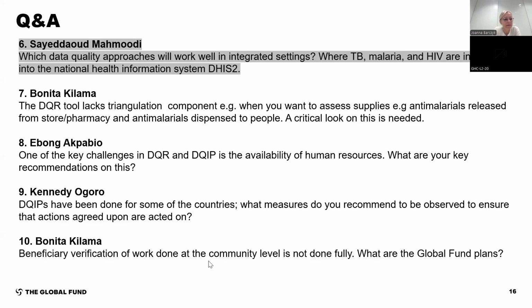Next one, the DQR tool lacks a triangulation component. When you want to assess supplies, anti-malarials released from store, pharmacy, dispensed to people. Absolutely, I agree with you. And this is where we suggest the available tools